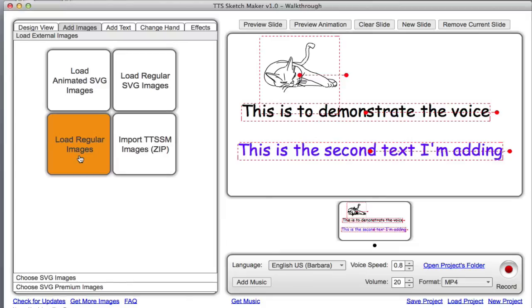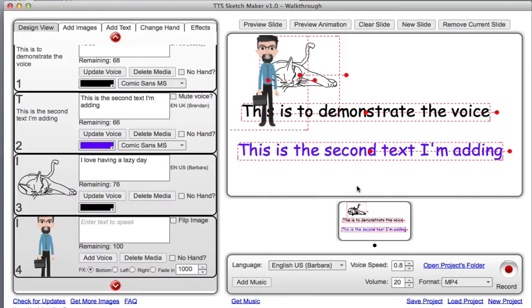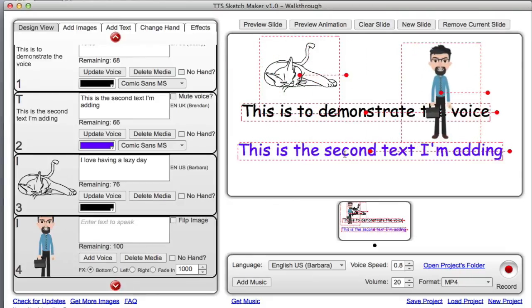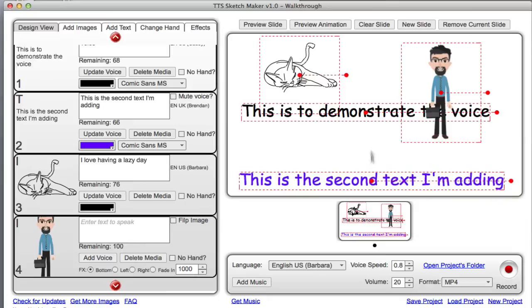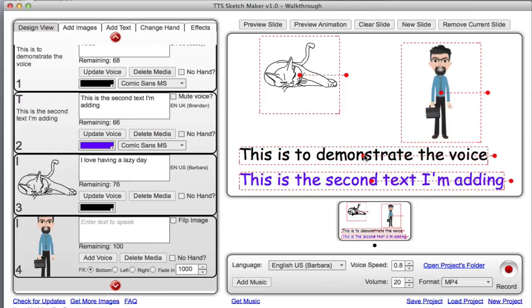Regular images are like PNGs or JPEGs, and this is just for importing, I think, when you get a folder of images, which you might get during an upgrade if you choose to purchase that. So I'll just choose Load Regular Images, and then I'll browse to my computer and find one to bring into the stage. This is just a PNG file, and it's actually one of the characters that I'm offering as the bonus. If you were to purchase text-to-speech sketchmaker through my link,